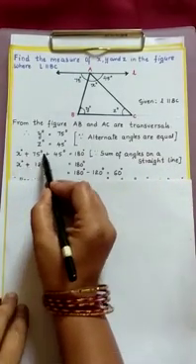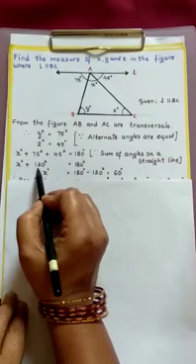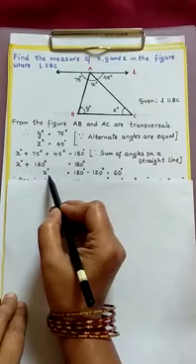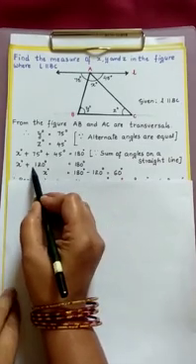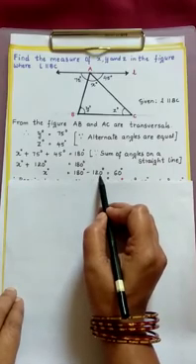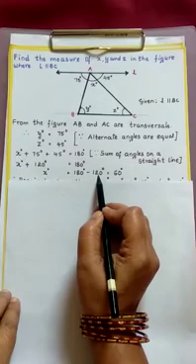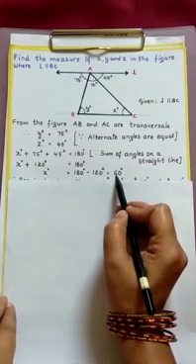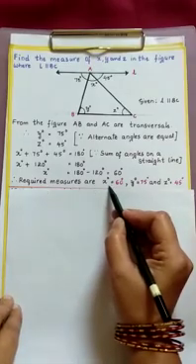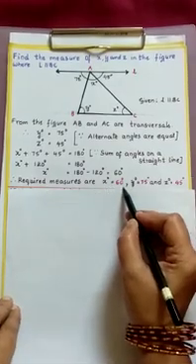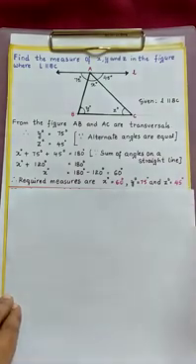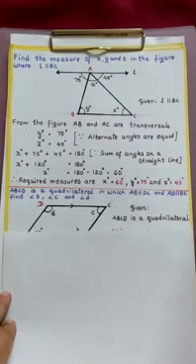Now x degrees plus 75 degrees and 45 degrees, which is 120 degrees, equal to 180 degrees. Now how do we get x here? This is plus 120. If you transpose it to the right side, it becomes minus 120 degrees. 180 degrees minus 120 degrees, which is 60 degrees. Now we got all the required measures. The required measures are x is 60 degrees, y is 75 degrees and z is 45 degrees. Now let's move to the next sum.